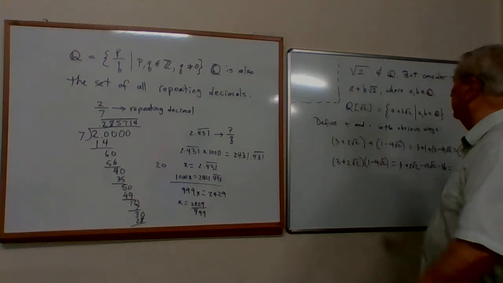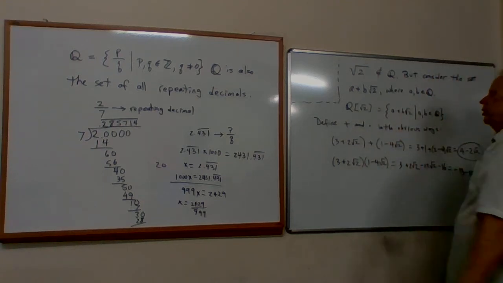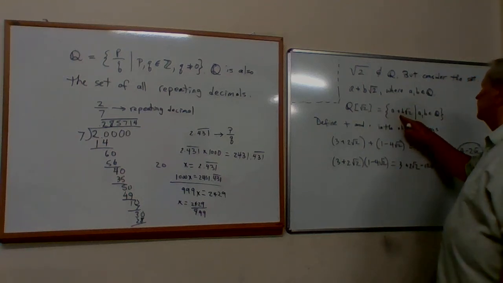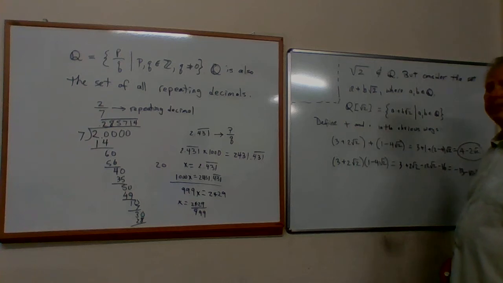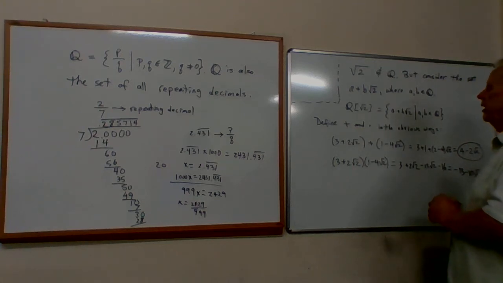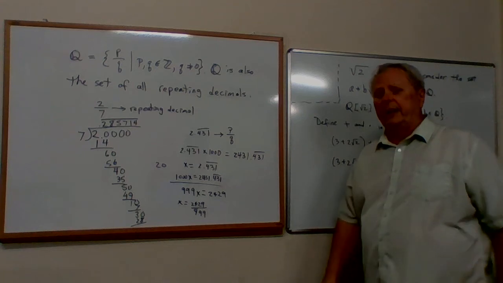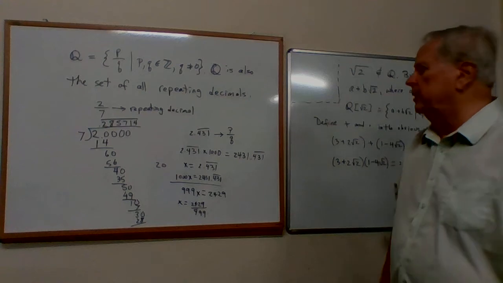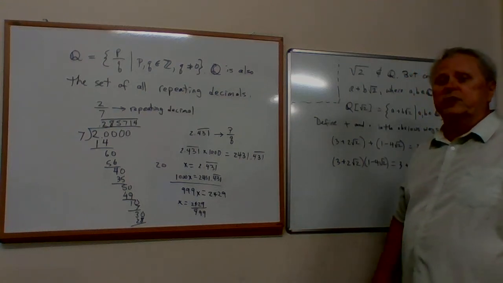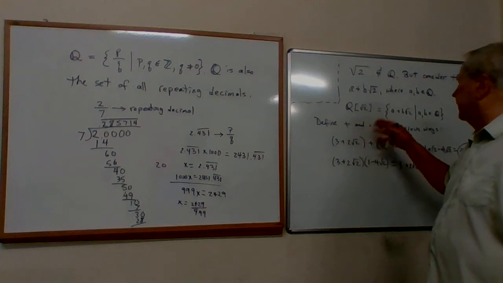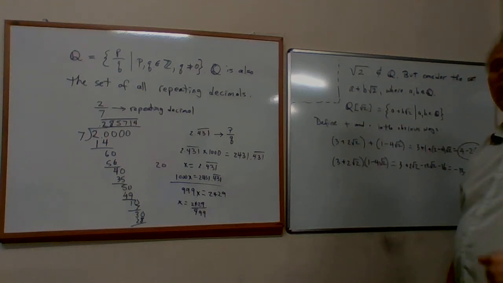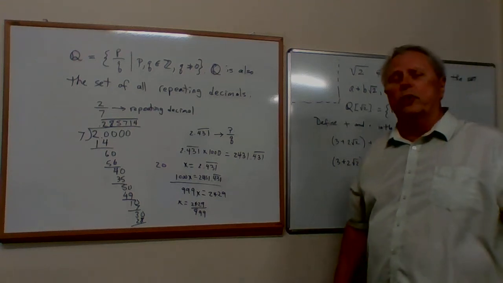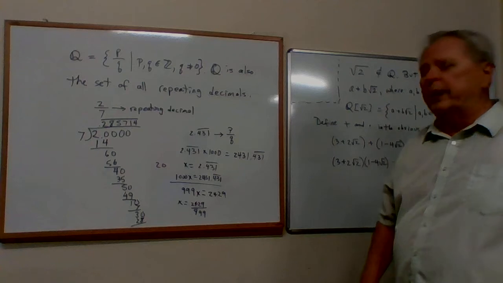There is a 0. 0 plus 0 root 2 is the 0 in this ring. There is a 1. 1 plus 0 root 2 is my 1. And so I have here an integral domain. Is it more than that? In fact, I haven't proved that it's a domain and that it doesn't have any zero divisors except 0. But I mentioned a little earlier that having an inverse is even stronger than being an integral domain. So let's see if everything in here has an inverse.